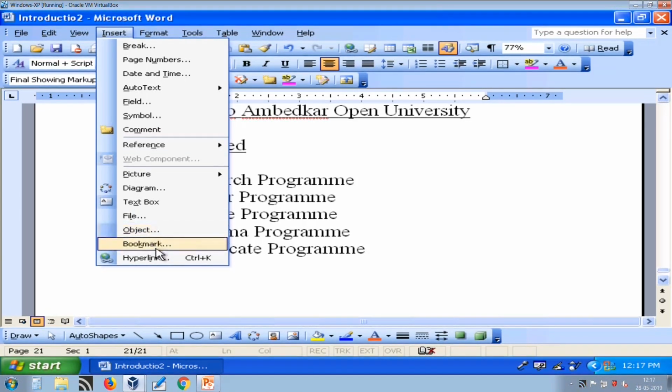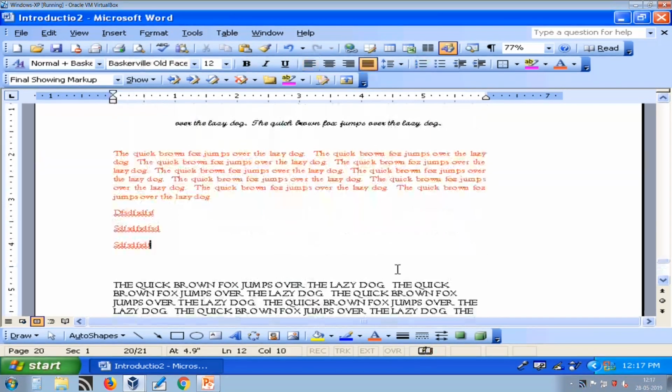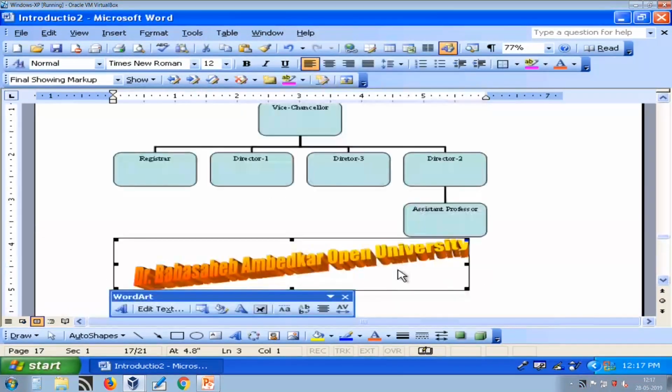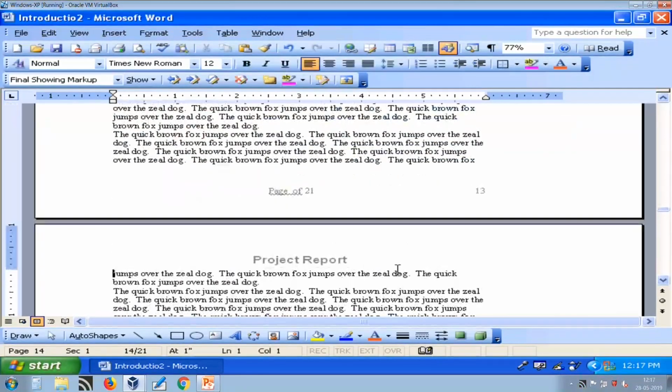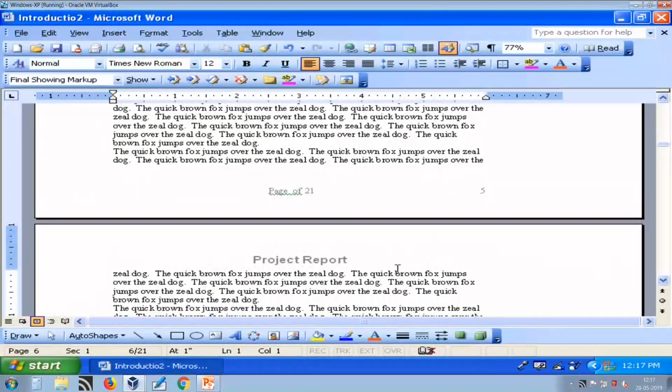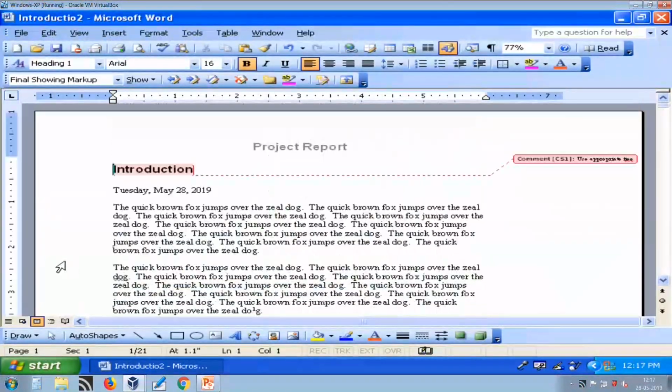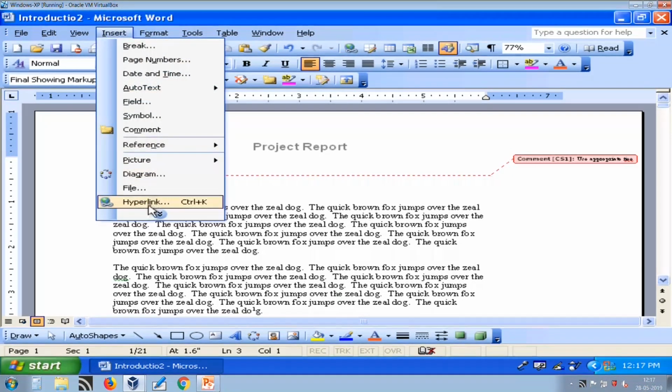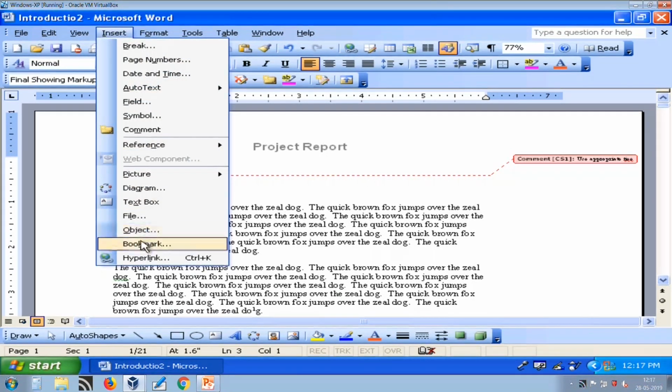Now, we want to create a bookmark. What is a bookmark? Bookmark can be used to quickly move between different sections of Microsoft Word. So, here for example, I am creating one bookmark at the place of date. So, I just go to insert and bookmark.